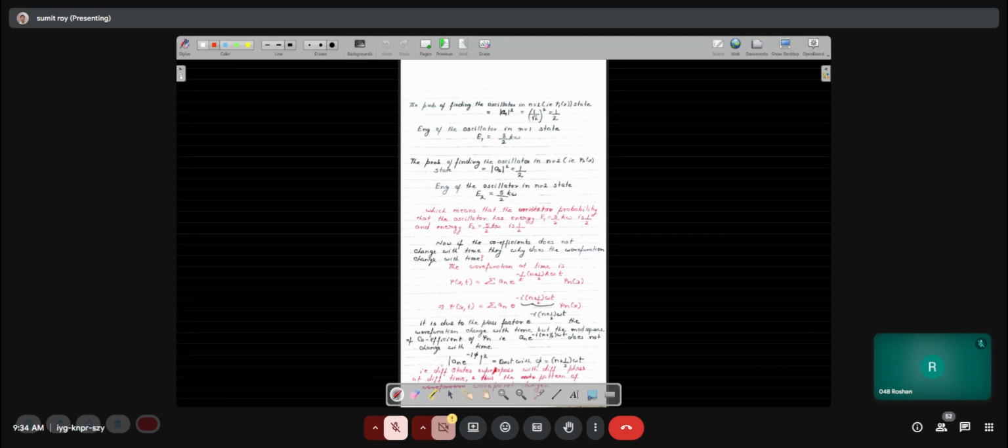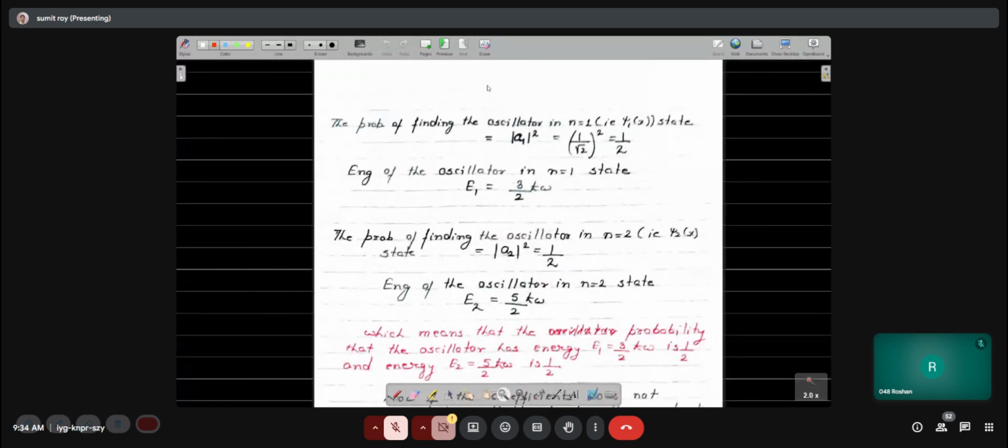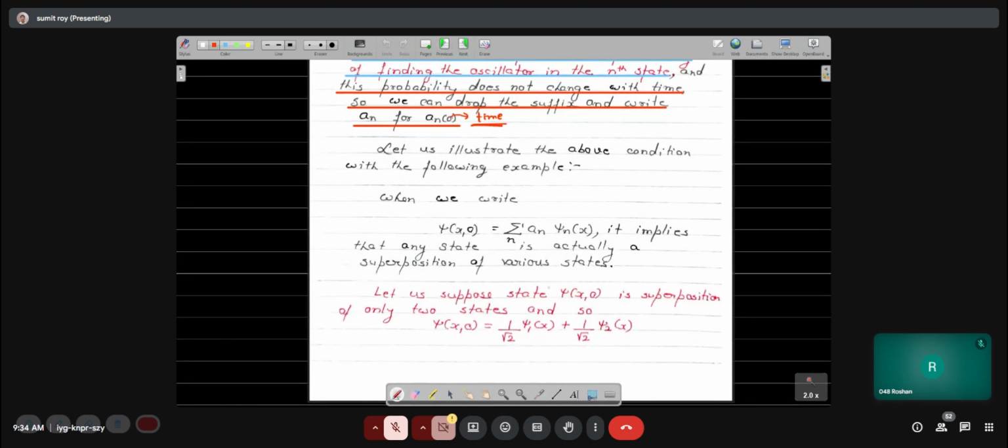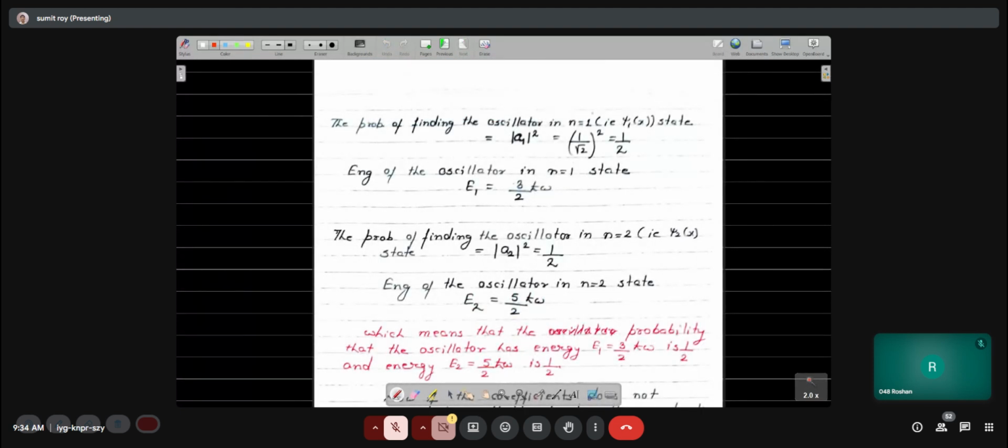So thus the probability of finding the oscillator in n equal to 1 state, n equal to 1 state में मिलने का क्या प्रोबेबिलिटी होगा? तो इसका जो कोफिशिएंट है वही ना हमारा a_1 है, और प्रोबेबिलिटी क्या था बोले थे? मॉड a_1 का स्क्वायर। Yes, sir. तो इस स्टेट n इक्वल टू 1 में मिलने का प्रोबेबिलिटी कोफिशिएंट का स्क्वायर 1/2।